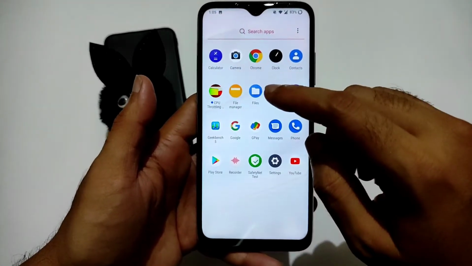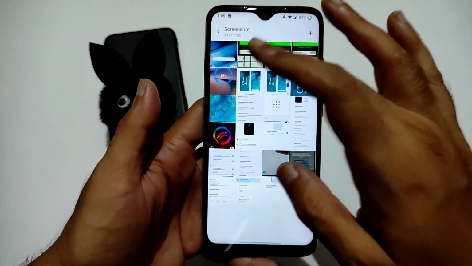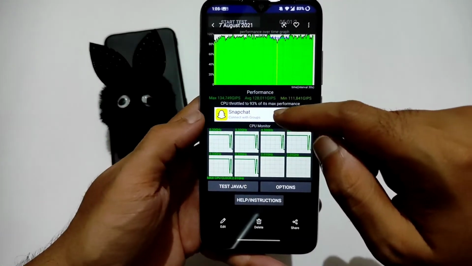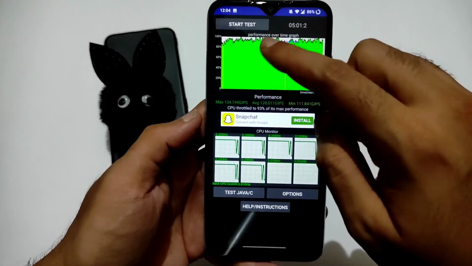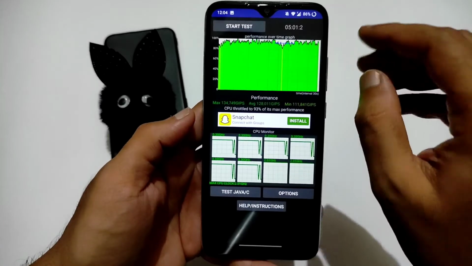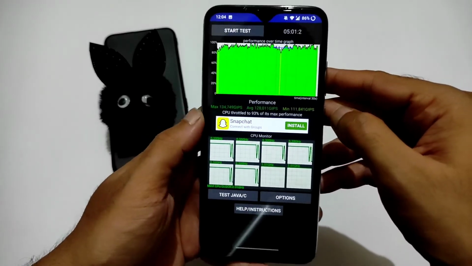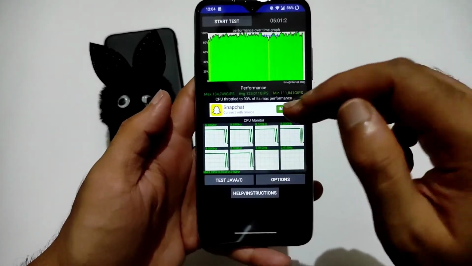Let me go into this gallery, and as you can see, after performing for around 15 minutes, the average performance is 128. And if you see here, the throttling is really minimal. It's really good on this ROM. I even played games on this ROM, it's really good.